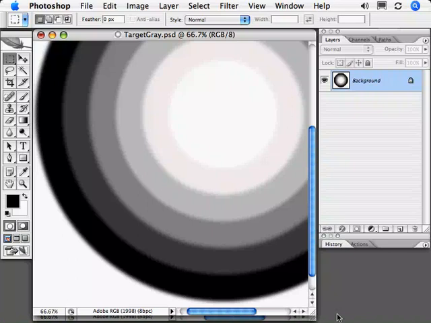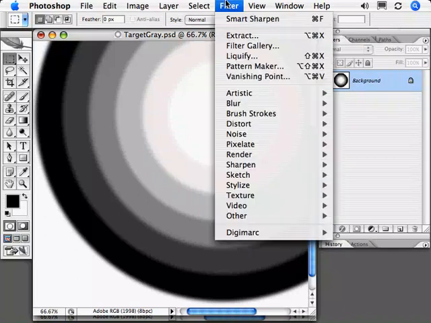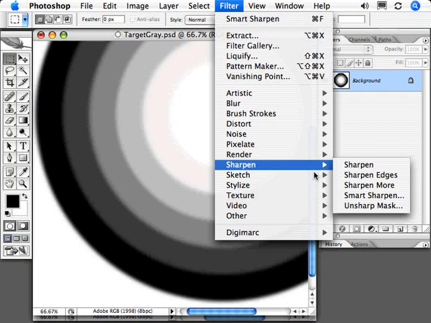Now, for your viewing pleasure, I'm going to discuss some of the things you need to know about a new filter found in Photoshop CS2 called Smart Sharpen. Now, I've discovered some things about this that might help you when using this or choosing the correct sharpening filter